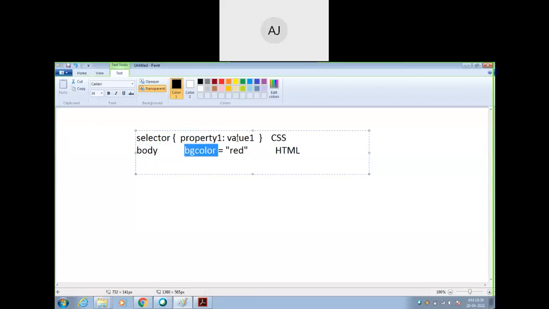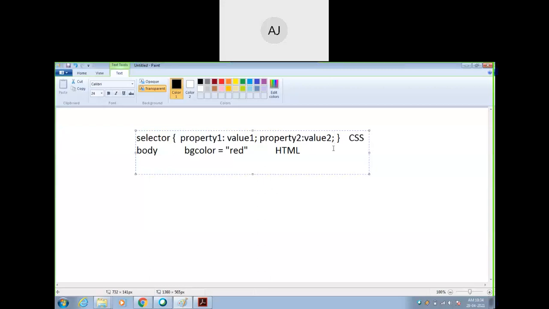Then in HTML equal to is used, but in CSS we use colon, and the value ends with a semicolon. This is the syntax, and this is called a style rule. If you have one more property, you can give property 2 colon value 2, then semicolon. This way you can go on giving different properties.